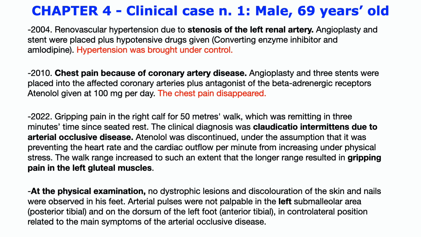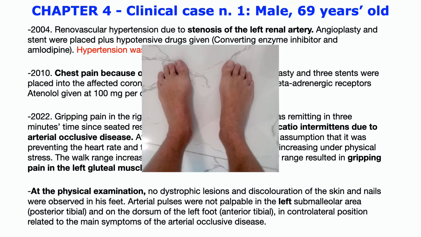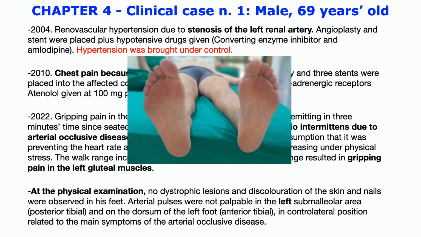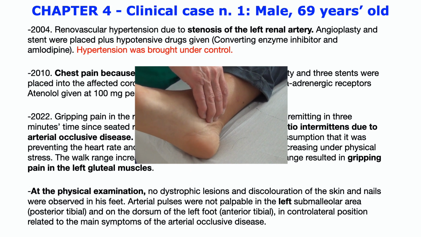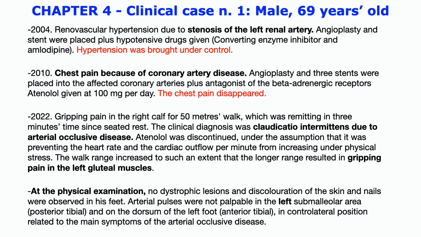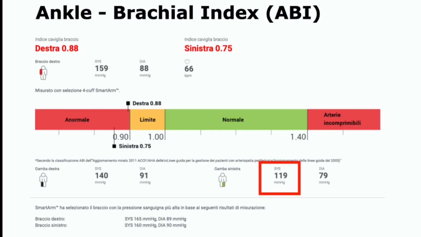At the physical examination, no dystrophic lesions or discolorations of the skin and nails were observed in his feet. Arterial pulses were not palpable in the left submalleolar area, posterior tibial, and on the dorsum of the left foot, anterior tibial, in contralateral position related to the main symptoms of the arterial occlusive disease. The abnormal ankle-brachial index confirmed that the left side was worse than the right side, since the systolic pressure of